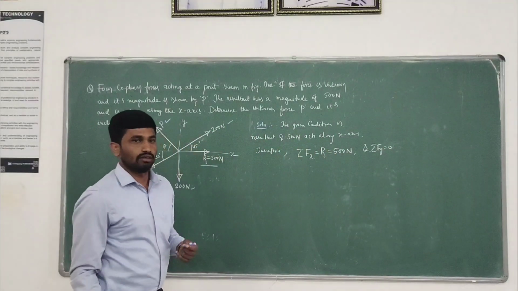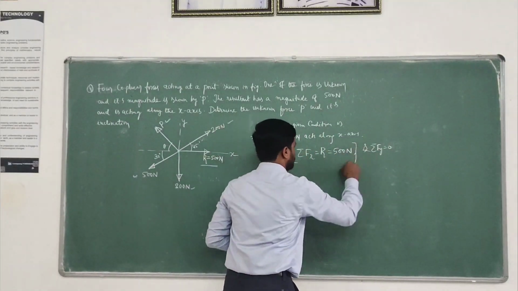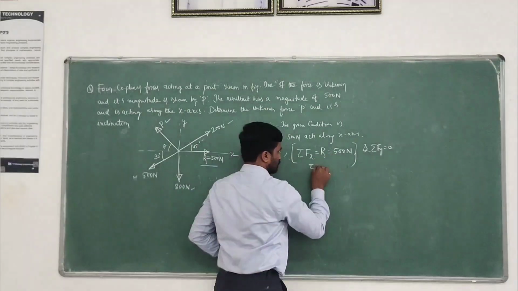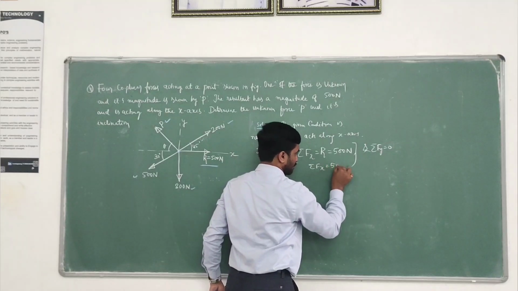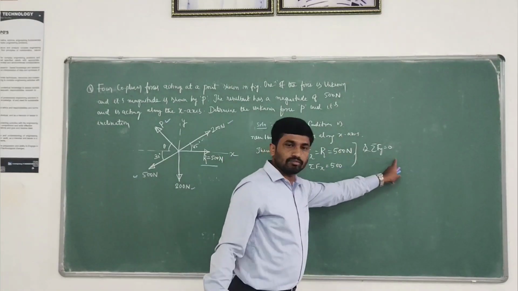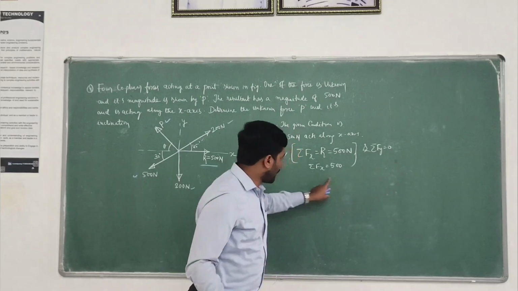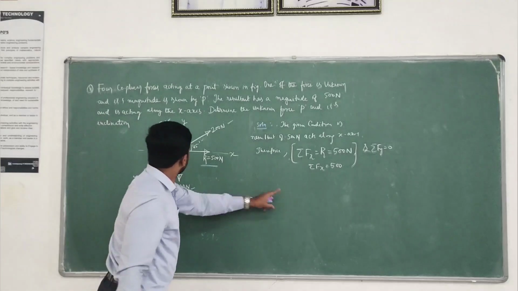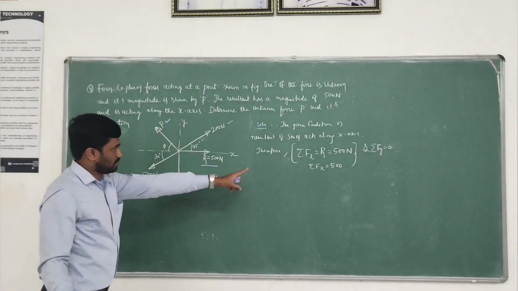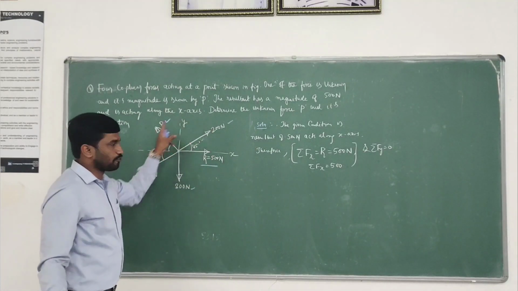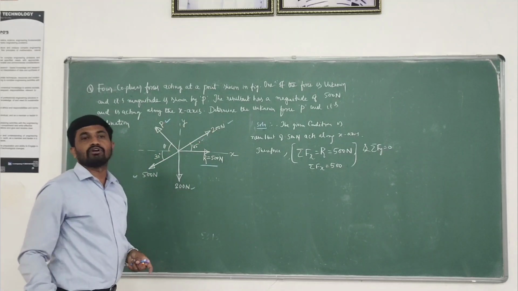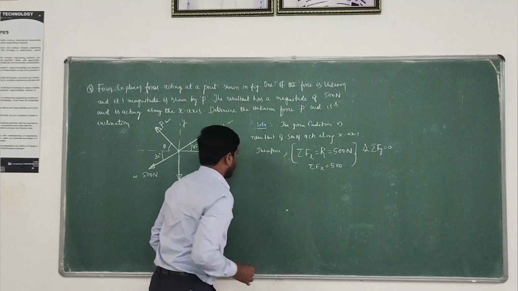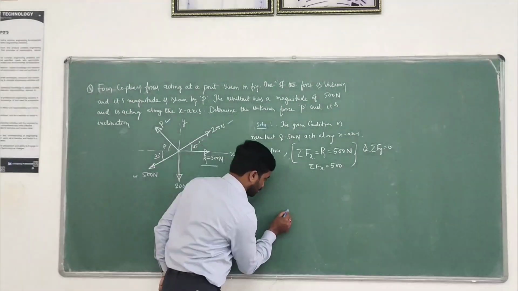This is the condition. Sigma Fx equals R. What is meant by R? R is nothing but 500 Newton. So this condition will become sigma Fx equals 500. That's all. And this will become sigma Fy equals 0. Now apply these two conditions for this figure. You are getting the solution. Well, before writing these values, resolve these forces and write the free body diagram separately. I'll write the free body diagram now. First force 200 Newton.